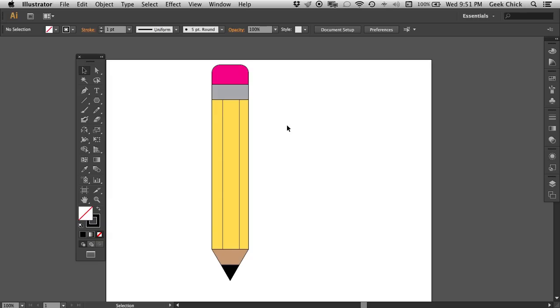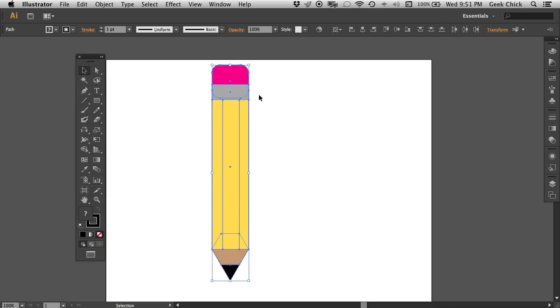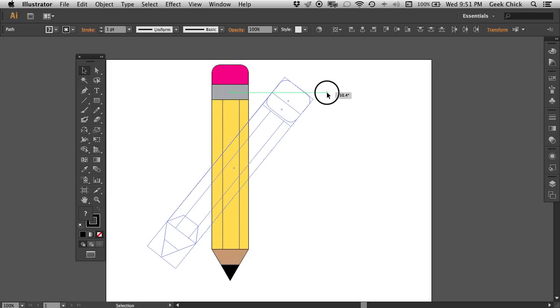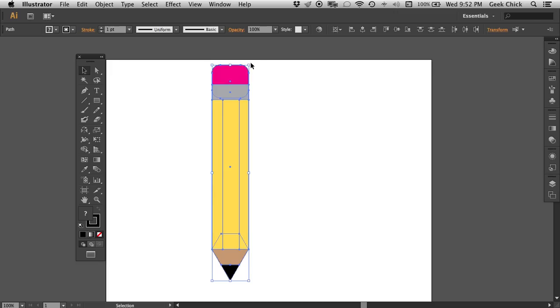Super easy, right? Just using your shape tools, you were able to draw a very nice, super simple pencil that, by using the selection tool, you can rotate and move around. You can even, let me undo that, Control Z to undo. You can even scale it,